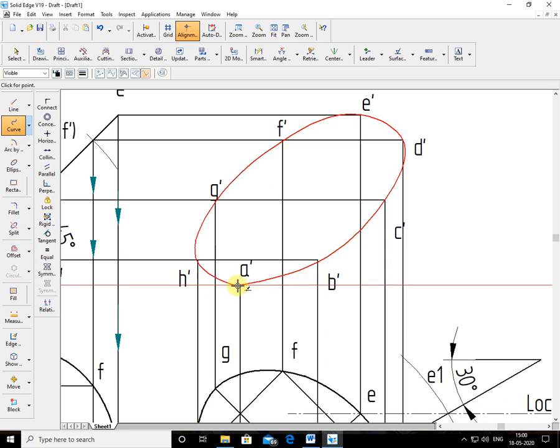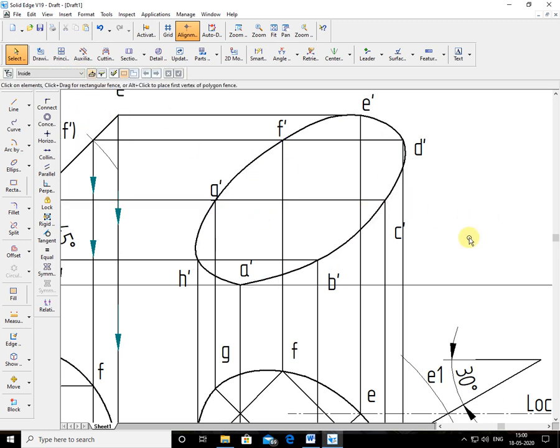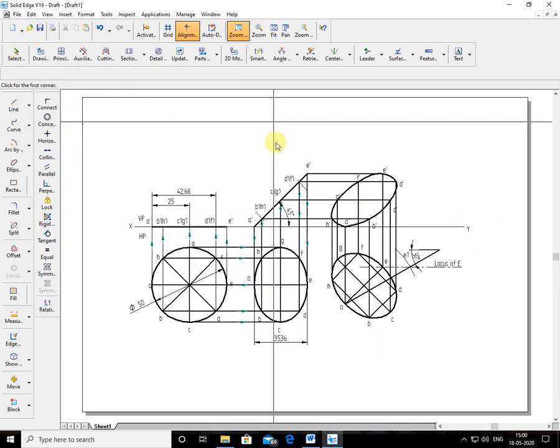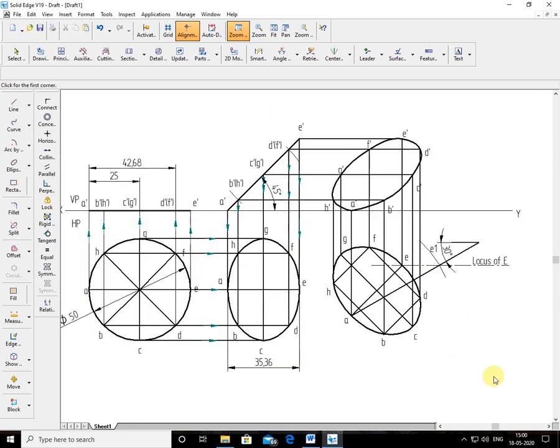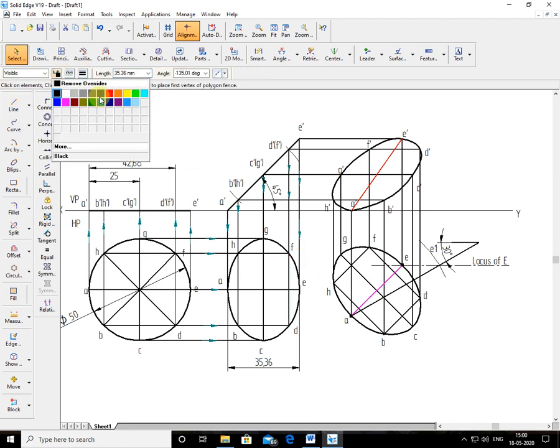Now here, this line you have to join. I join this line by different color for your understanding. Red color. This is the diameter. This also I'll change the color. This is the diameter, which is inclined to both VP and HP, which is drawn on the surface of the lamina. So it's like a line problem. Line making angle with both VP and HP.